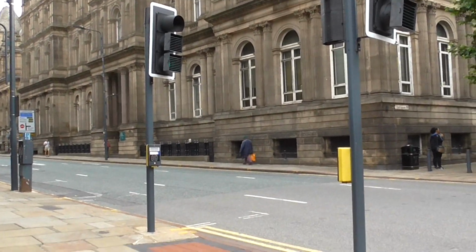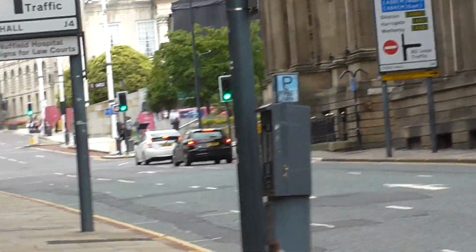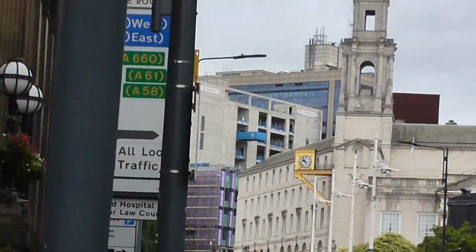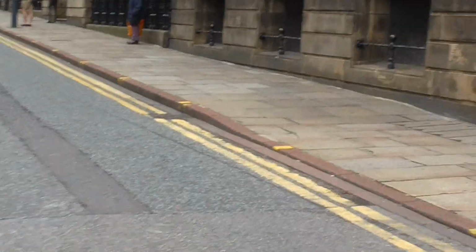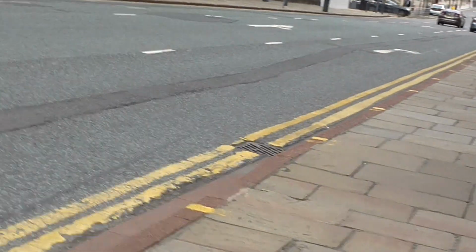Needless to say, all that side is very levels, as this whole city has. And just looking up the road here, oh, high tech. So I'll nip over the road and see if we can get a bit better view at the side of the town hall here. It's really so sad that the actual towers